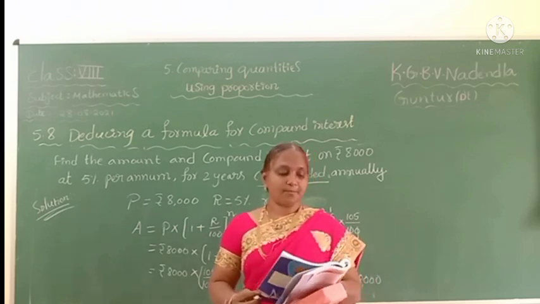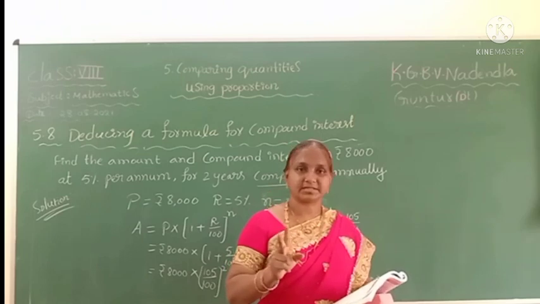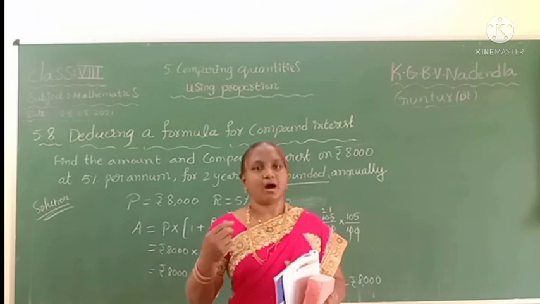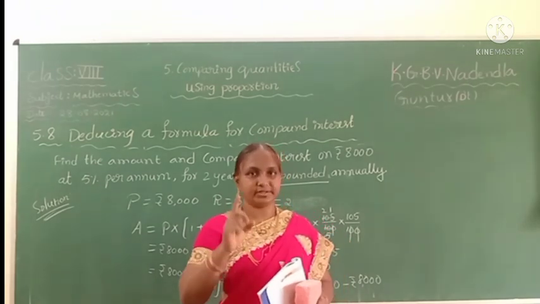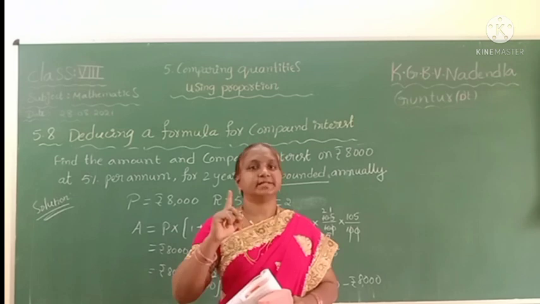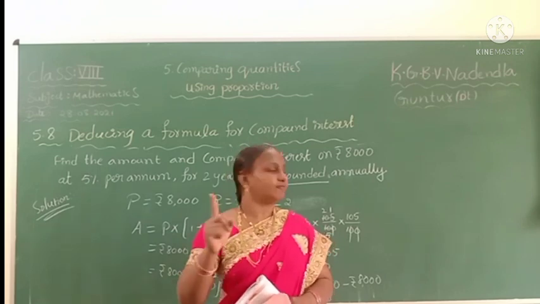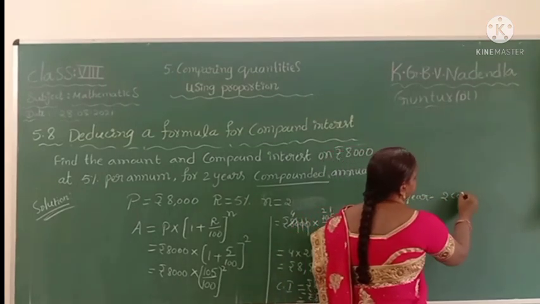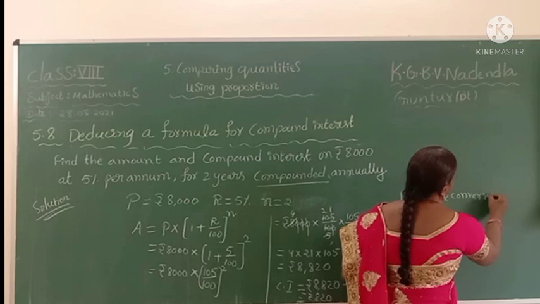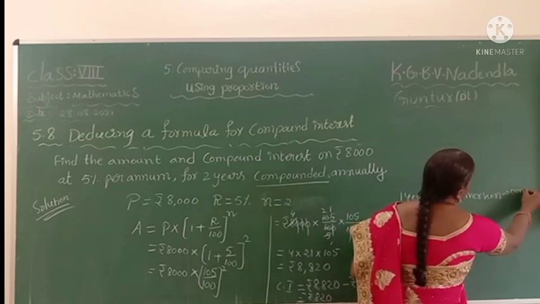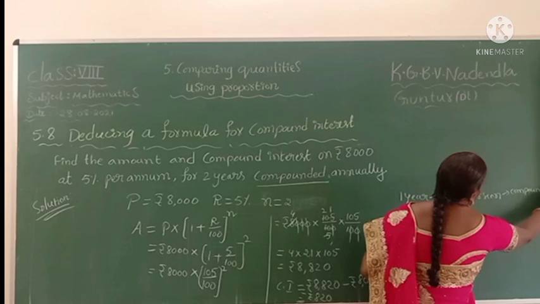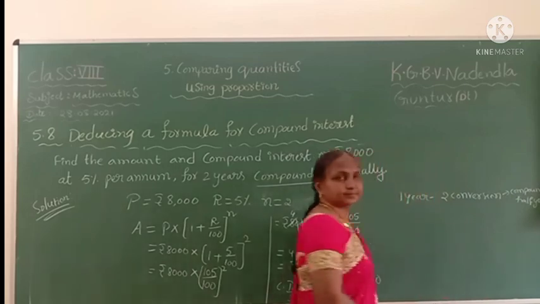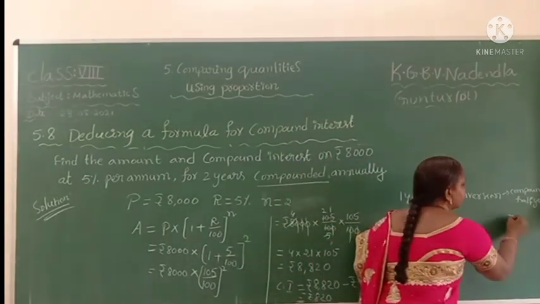When interest is compounded half-yearly, there are two conversion periods in 1 year. In 1 year, your compound interest is compounded half-yearly. So, in 1 year, there are 2 half years. Then, 2 conversion periods are there in 1 year. When compounded half-yearly. If compounded quarterly,